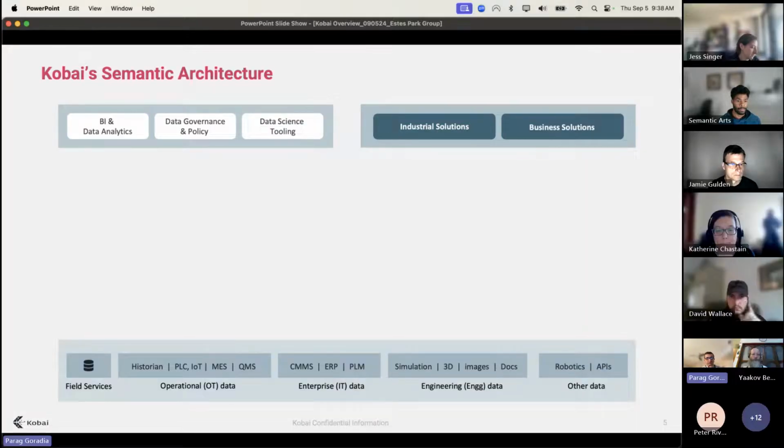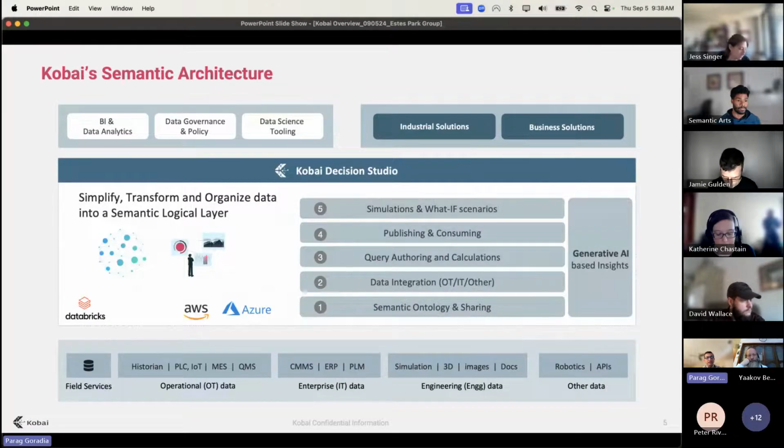So the architecture is pretty straightforward. You have obviously the data sources. Everyone's familiar with those OT sources, IT sources, as well as engineering data and others. And you want to get that data in the best possible way in a curated form for consumption and decision making that's happening either in your BI space. You want to govern some data on who can see what, data science needs, as well as some solutions. So where Kobai fits in within the AWS and Azure cloud, especially with our partnership with Databricks and Snowflake, actually,